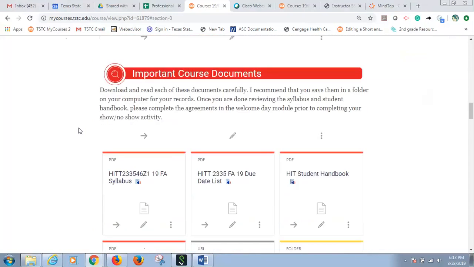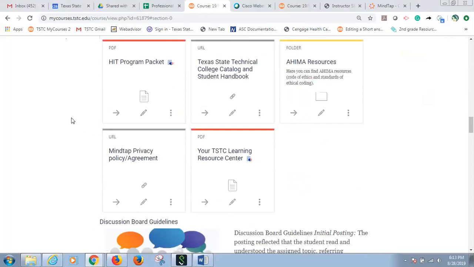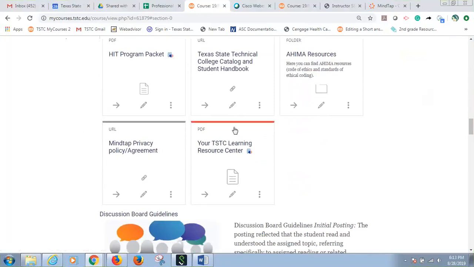Info about me, important course documents. Make sure you've read everything about all of that. Something new that we've added today is our Learning Resource Center, which comes from our library. There's so many resources now, thousands and thousands of databases and documents that they've provided.